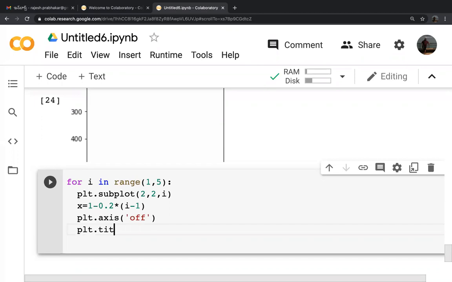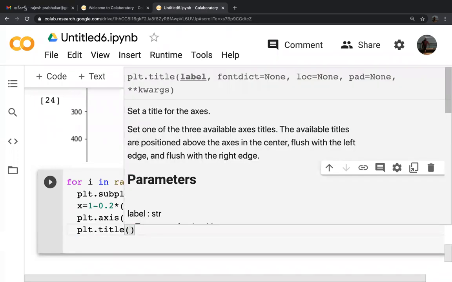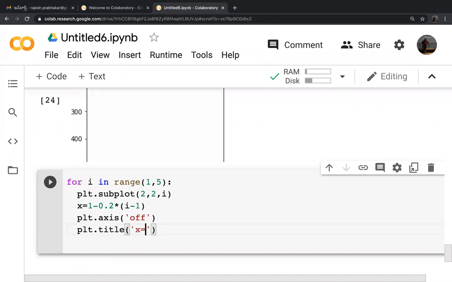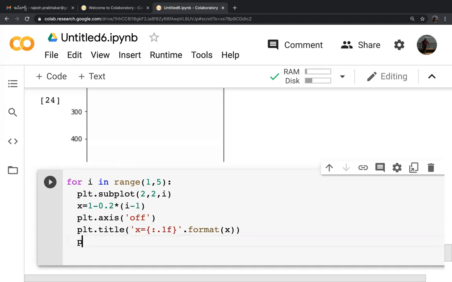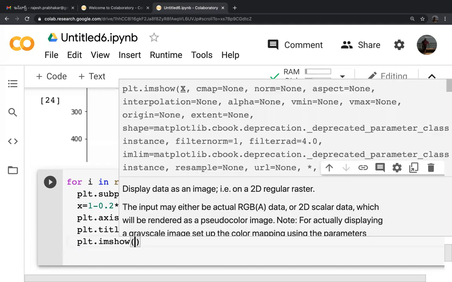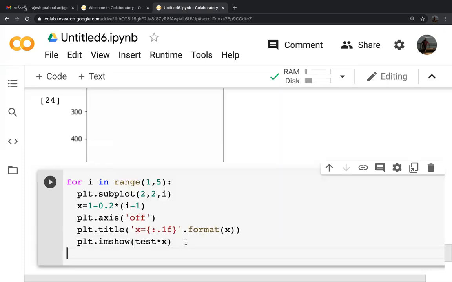plt.title('x = {:.1f}'.format(x)), then plt.imshow(test * x).